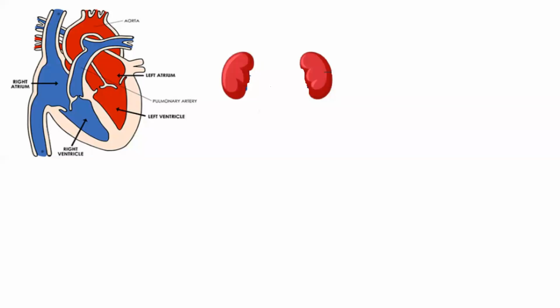Okay, before that, let me tell you, heart will have a separate blood vessel which will carry oxygenated blood to each and every part of the body. These blood vessels are called as arteries, and the blood vessels which will be responsible for collection of deoxygenated blood will be called as vein. So from aorta, which is the largest artery in the human body, aorta will further divide and form many small arteries, amongst which one will be called as abdominal artery, or you can also say as abdominal aorta.